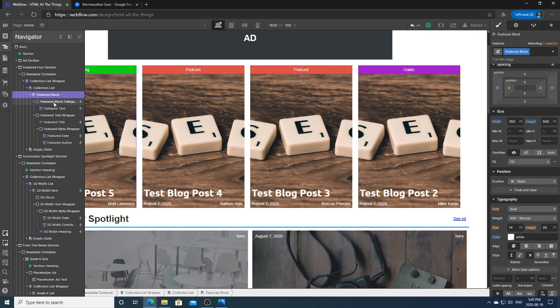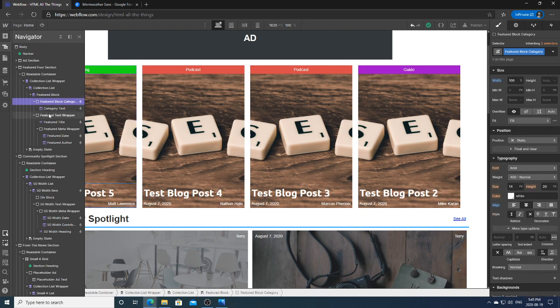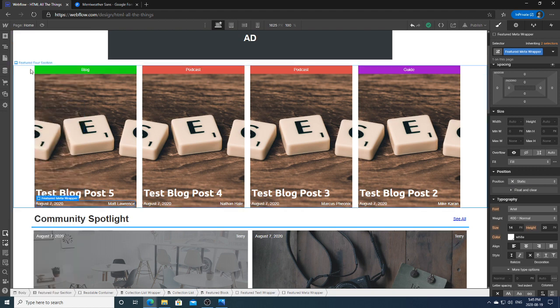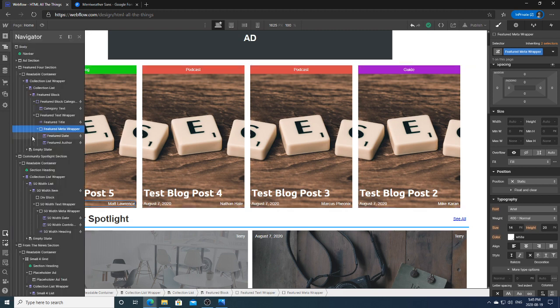So, okay, here's our featured block. We have a feature category. We have our text wrapper, which is obviously that. We have our meta, which is inside. Okay, let's see what each block is sized at. So let's take the size of the featured block, and that is 350 pixels with a height of 500. I kind of want to say that we should do